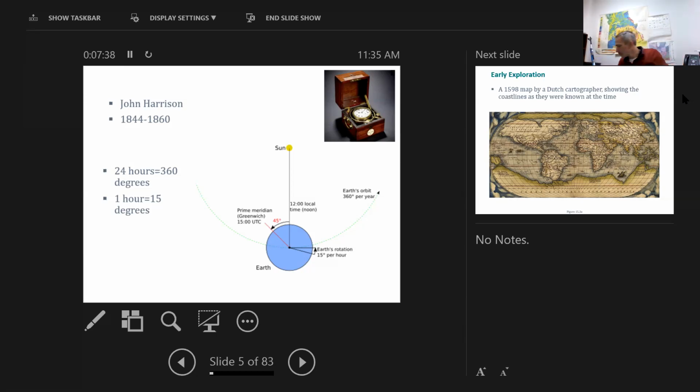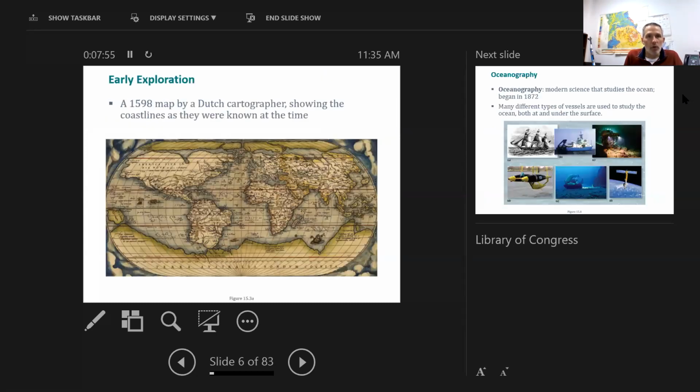But the longitude does require a clock, because if you know that we are traveling around the Earth once every 24 hours, so 360 degrees every 24 hours, that means that 1 hour would represent 15 degrees of longitude. And so